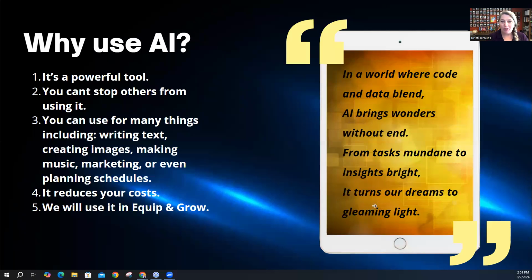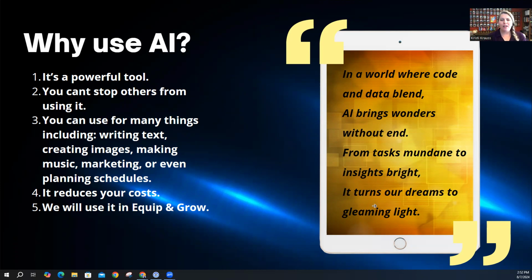Okay, so let's go back to my PowerPoint here. So you can use ChatGPT or any other AI generative software, and they all have them. And it's going to reduce your costs. Okay, we used to have to pay people to write poems, and now you can just ask AI to do it for you.